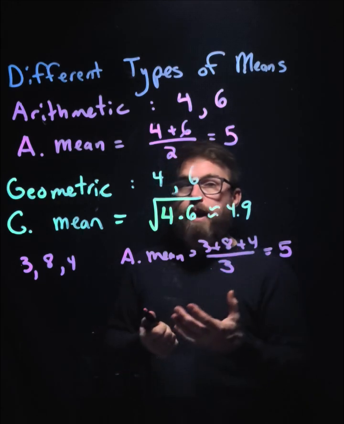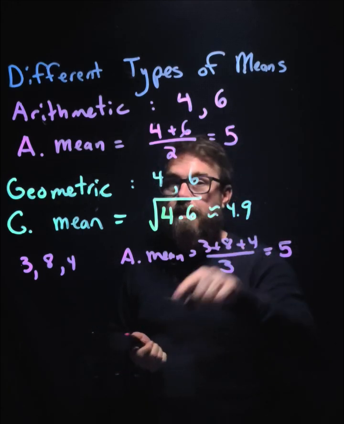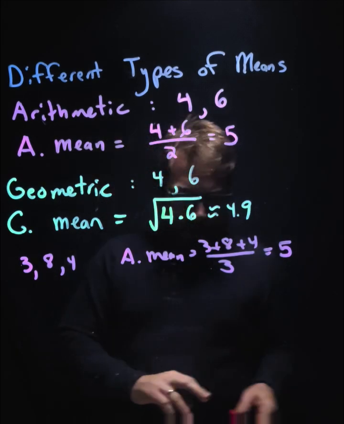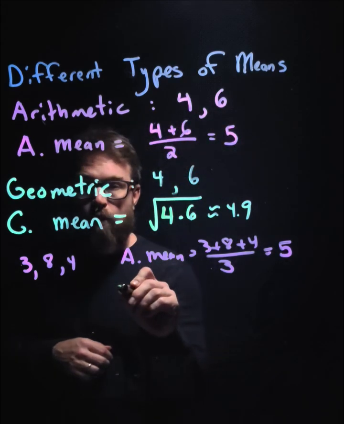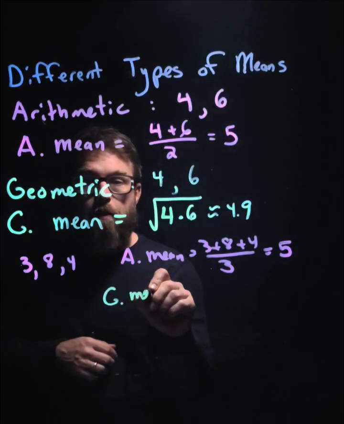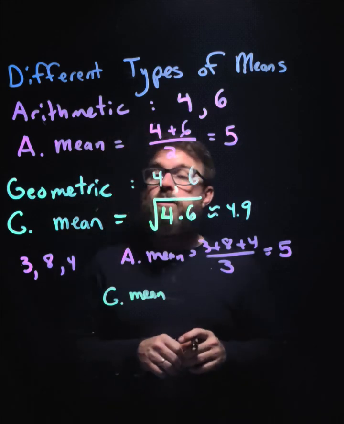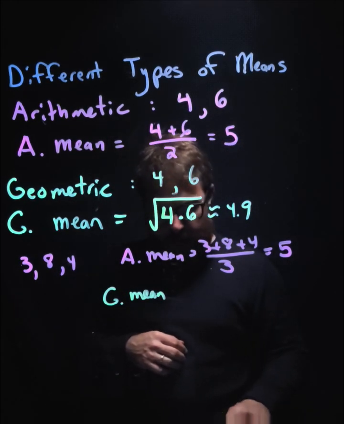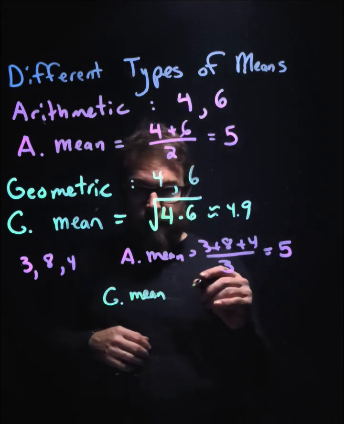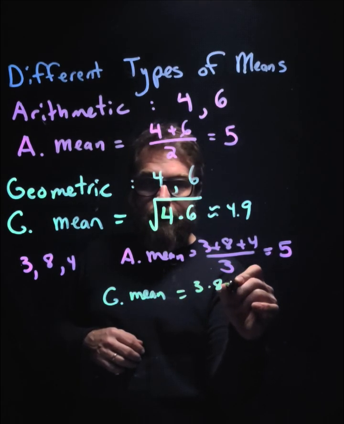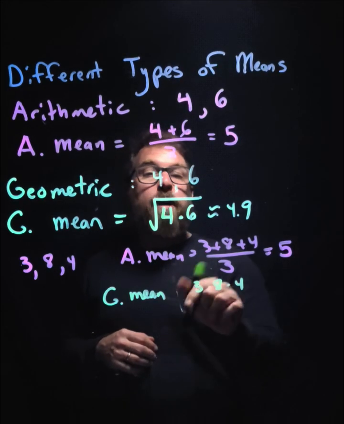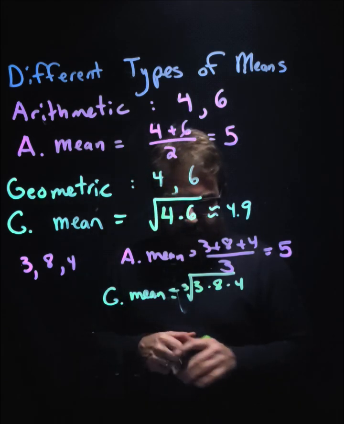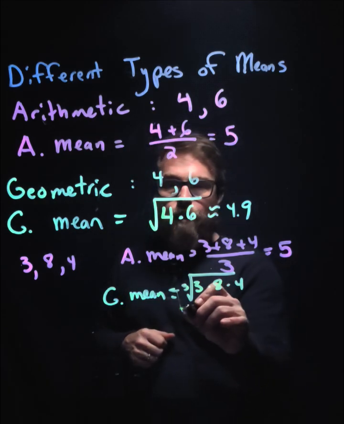So I'm really asking, what do I add together 3 times to get me the exact same sum as adding these things together? And if I want to do, say, the geometric mean of this, what I'm really asking is, what number do I multiply, 3 factors together, to get the same product that I would here? So 3 times 8 times 4 is going to be equal to 96. Now, instead of dividing by 3, what I'm going to do is cube root them because I have 3 factors. And the cube root of that is about